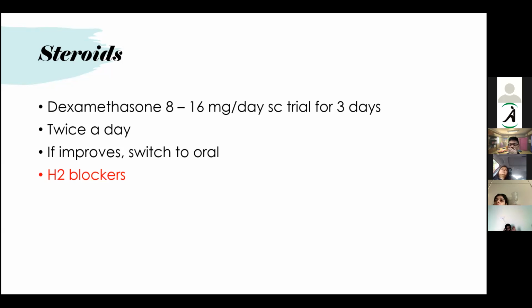So generally in other cases, we give proton pump inhibitors with steroid for gastro protection because they are more powerful. So in this case of obstruction, H2 blockers like ranitidine or famotidine can be better because in addition to the gastroprotective effect, H2 blockers have an antihistaminic action which will reduce the secretions of the bowel. So it has a double advantage in this condition. So in this particular scenario, rather than a proton pump inhibitor like pantoprazole along with steroid, H2 blockers may be more beneficial because it has an anti-secretory effect as well.